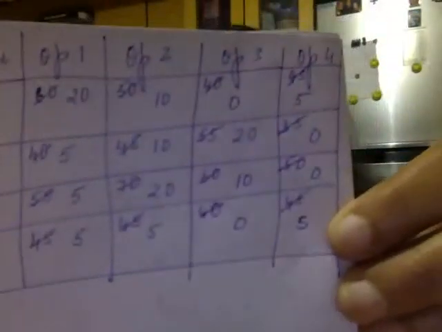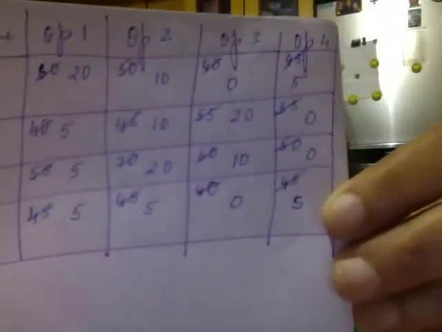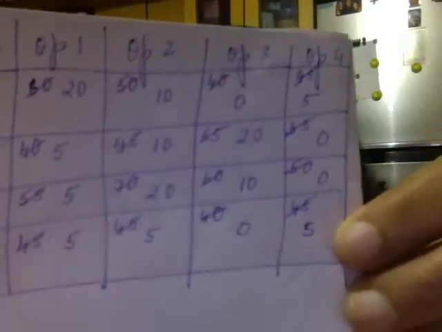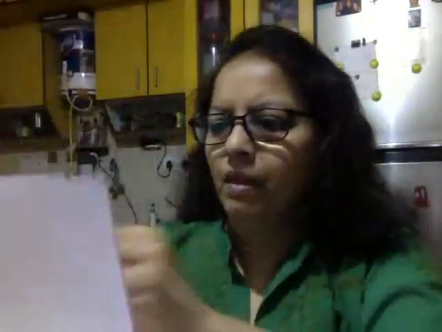Now the next step is identify the smallest number in each column. The first column has 20, 5, 5 and 5. So 5 being the least. First column, operator 1, 20 minus 5 is 15. So the rest you get zeros.